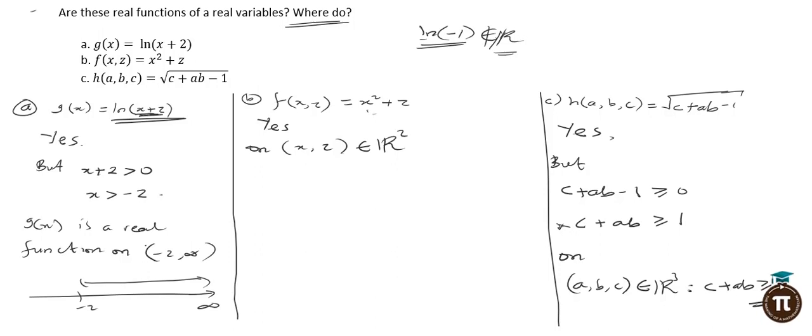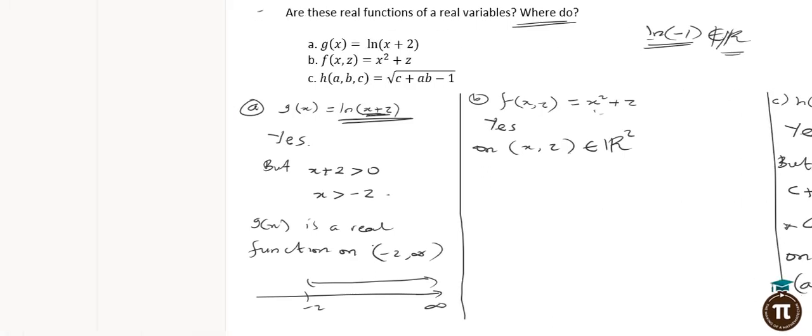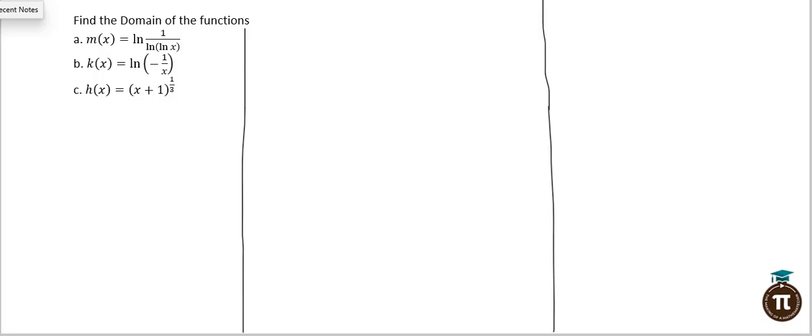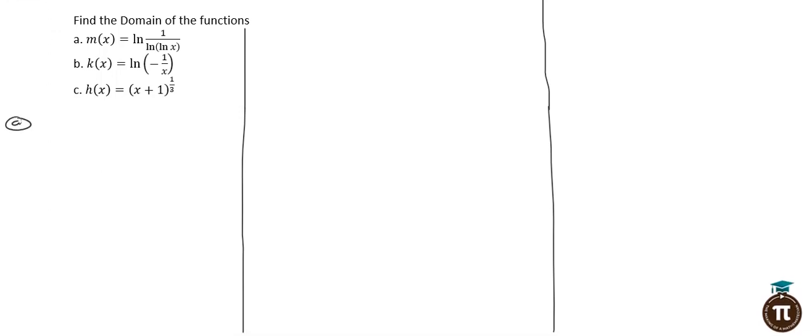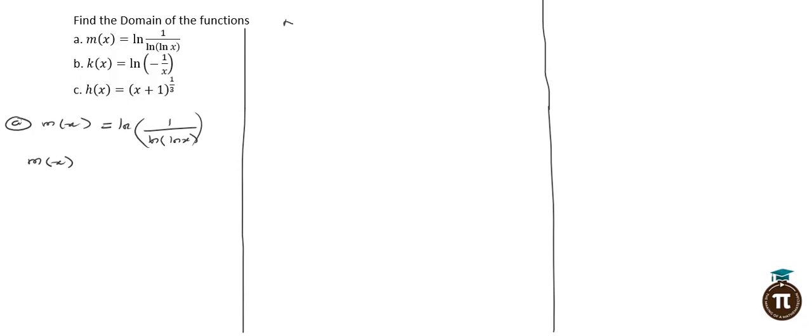Now let's look at how to find the domain. We are told to find the domain of the following functions. The first example, I have m of x. We want to find the domain of this, ln of 1 over ln of ln x, right? So I am going to rewrite this. Don't forget ln,